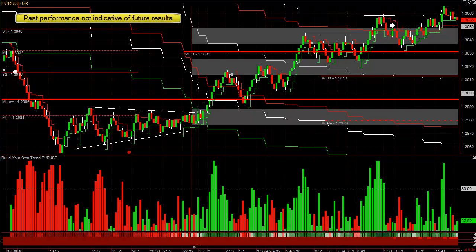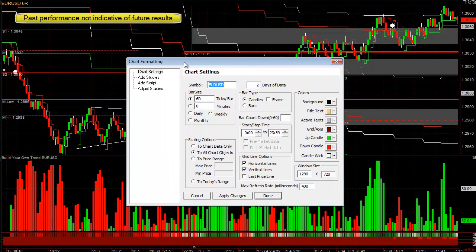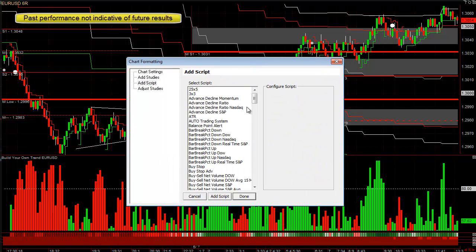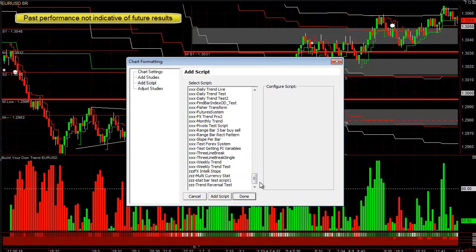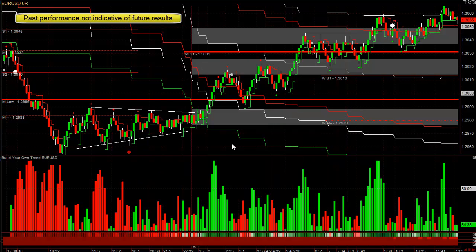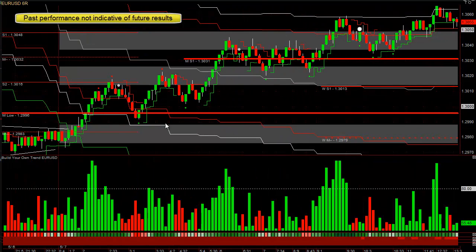I am working on automated systems that will showcase these type of trades in real time, along with trailing stops to get you out. I'll add this to the chart. You can see that it gave those buy signals right there. See, green, up, green. This one kind of chopped around a little bit. Ultimately, it did go up